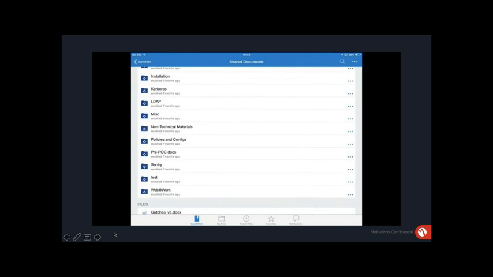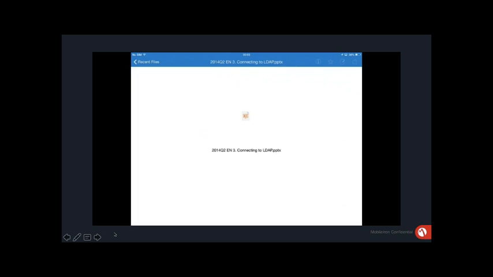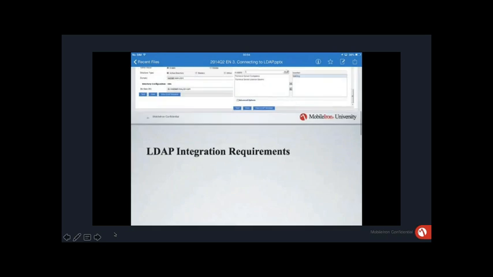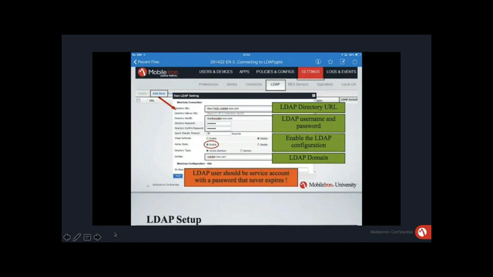If I just look at recent documents, you can see there are a number of different things attached, and we'll go and look at this LDAP presentation. I'll download it shortly, and there we have it. Downloading, see, it's quite rapid, and the presentation will make itself available. And then what I can do is take a look at it. Yeah, it's all there, good stuff to read through. Need to see this offline because I'm sitting on a train, want to get up to speed, part of my training process. So what I'm going to do, top right hand corner, make it a favourite, and it will now be available to me offline.